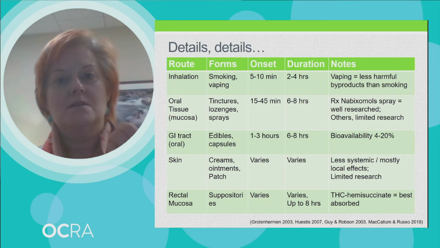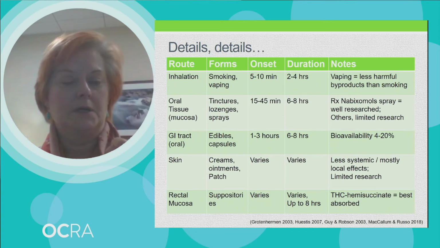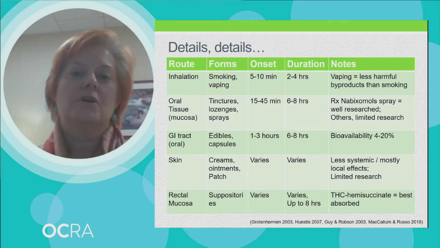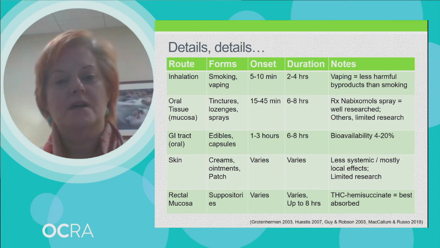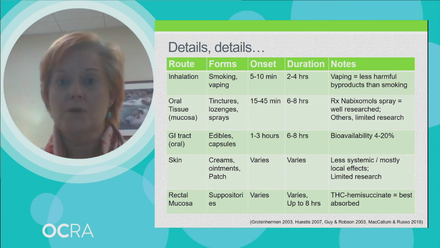So this is when we take something like an edible medicinal, maybe a brownie, maybe a capsule, and we swallow it all the way, and the absorption is in our gut or through our stomach and the blood flow that goes from the stomach. These are really unique in that it can take anywhere from 1 to 3 hours for people to have an onset of the effect, and the duration again is pretty long at 6 to 8 hours.